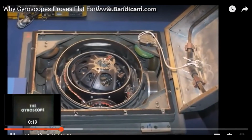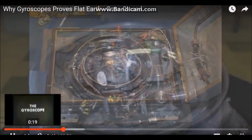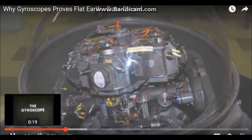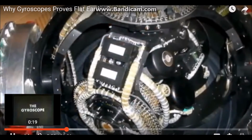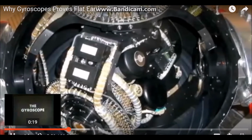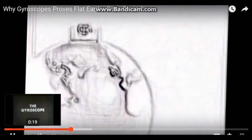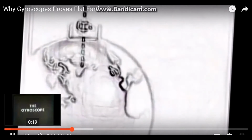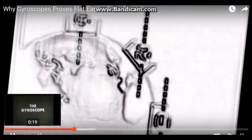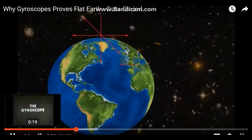Now, of course, you don't hear any of the Navy guys talking about this. And the crazy part is that, in a nutshell, what I think it means is that really the only way a gyroscopic navigation system could work is on a flat Earth. I mean, period. Because when you think about what they are explaining about how the thing works, and that it does not stay aligned with the surface of the Earth, right? It always has to be...